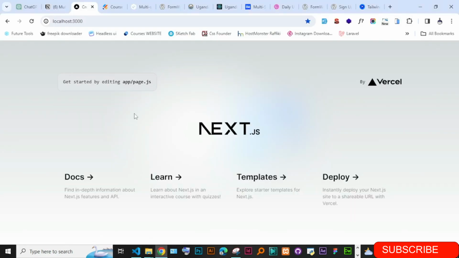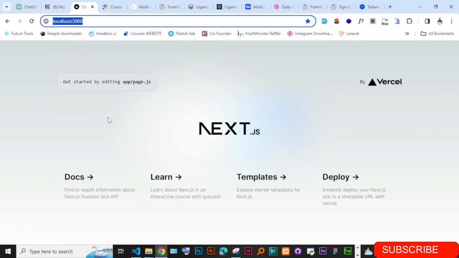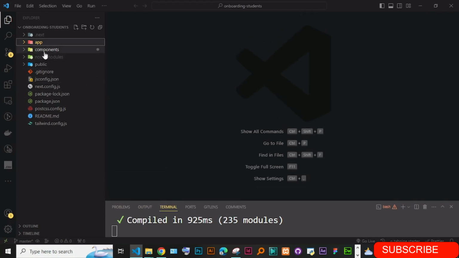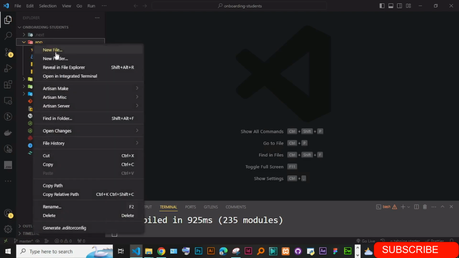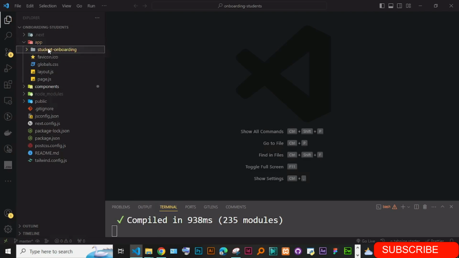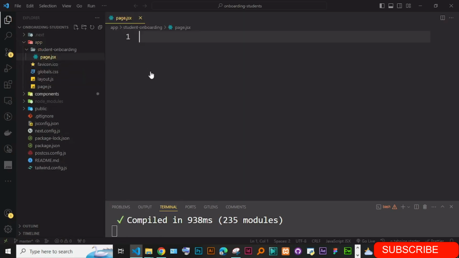So this is a new project. You can see on localhost 3000 it is a new project, and I'm just going to create a new page simply because I want to transfer this later to use it in my actual project, for student enrollment. So I'm going to create a new folder here called student onboarding. Okay, student onboarding, and then create a new file called page.jsx, and I'm just going to say